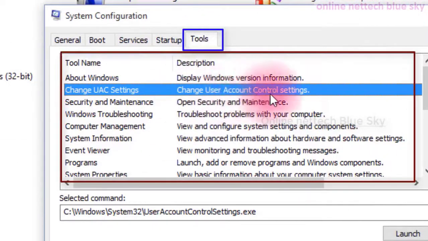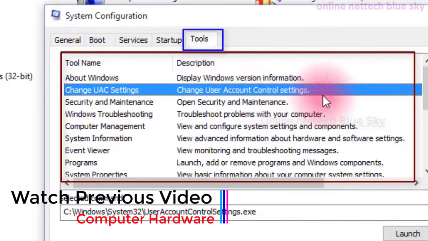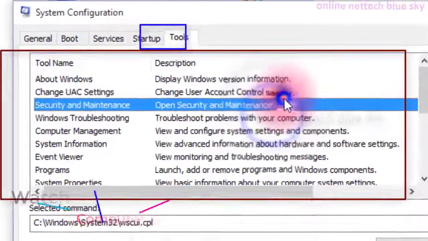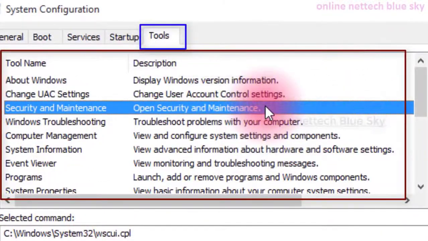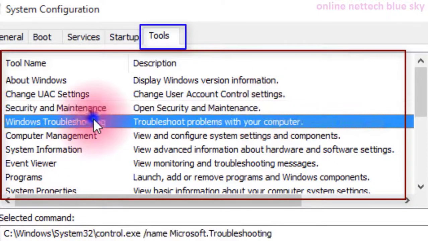And change UAC settings means change your User Account Control settings here. So all of the changing systems, Windows and maintenance, you can see security and maintenance. So what is security and maintenance, I already showed you. So first, Windows troubleshooting, I will show you in some video.